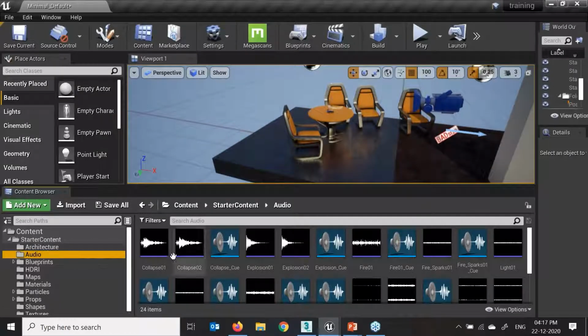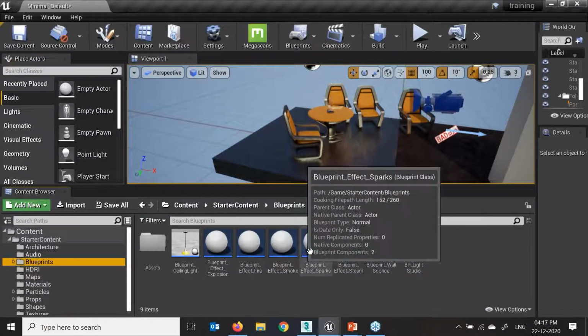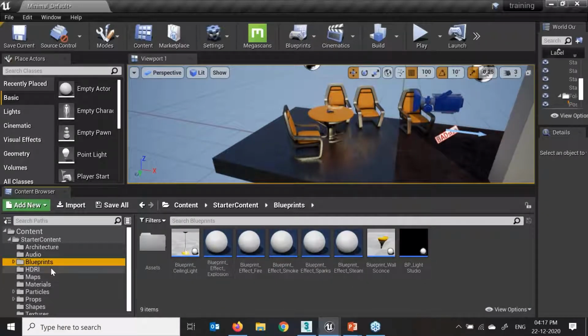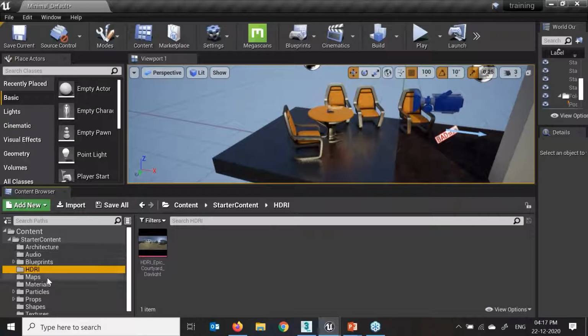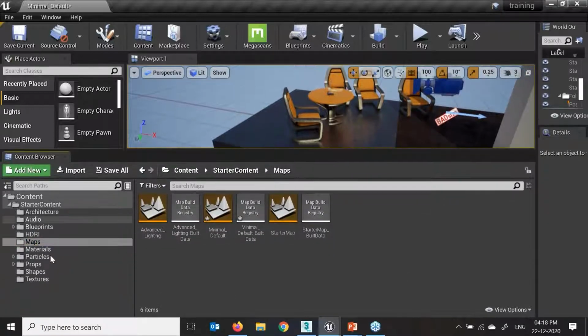Now we have the audio. If I just drag this audio, just drag and drop. Here we have the different blueprint, HDRI map we have, maps we have, different levels we can edit. We can create our own level.